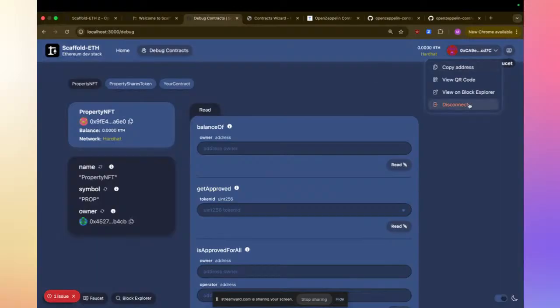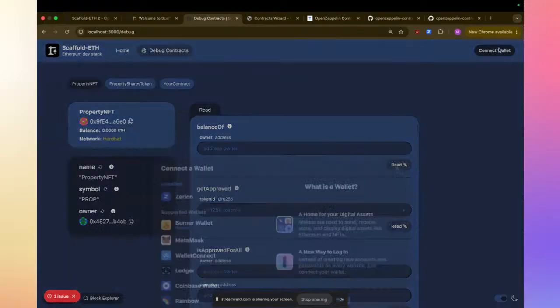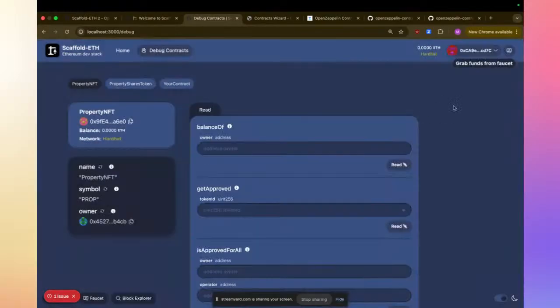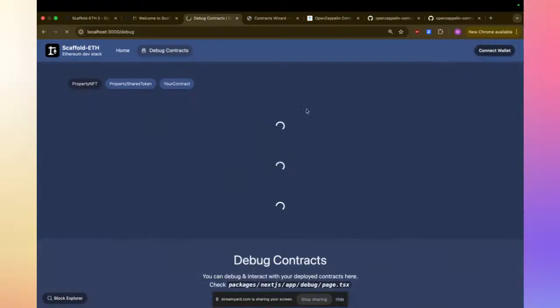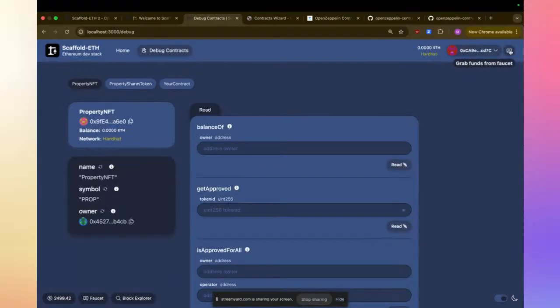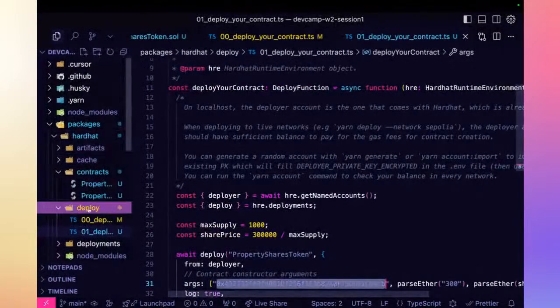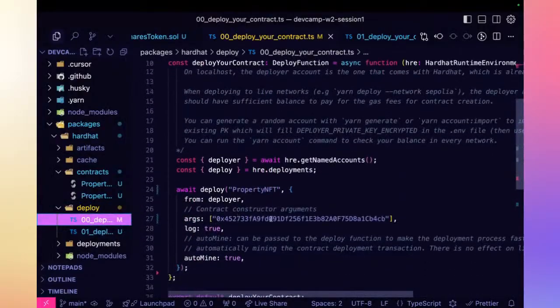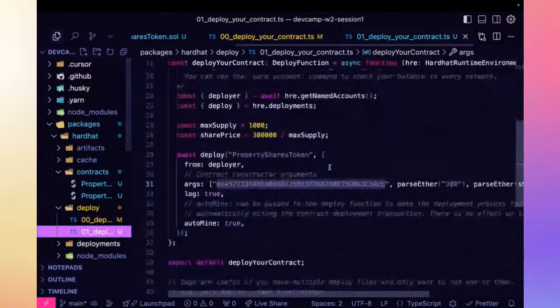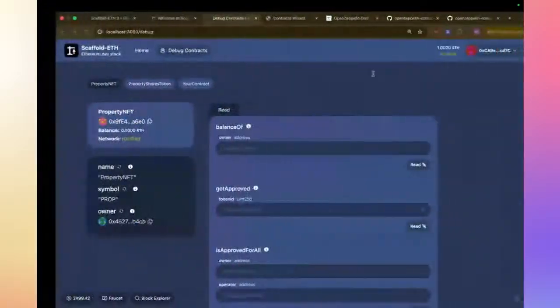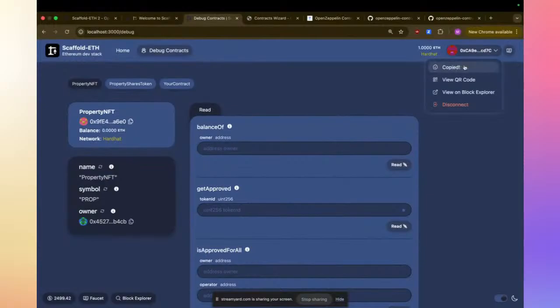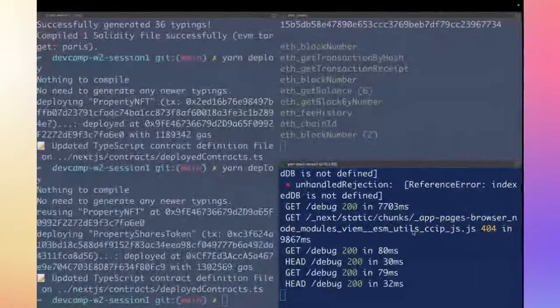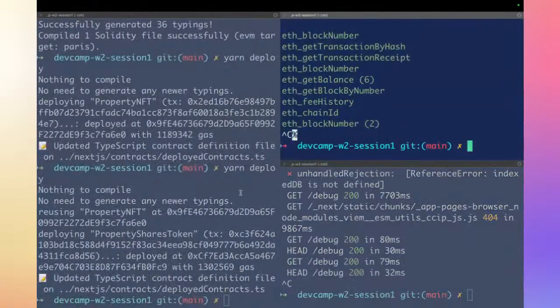It's going to give me a different one. I'm not going to be able to mint it to myself because I put this owner with a different address than me. And if I restart, does this get a new one every time?